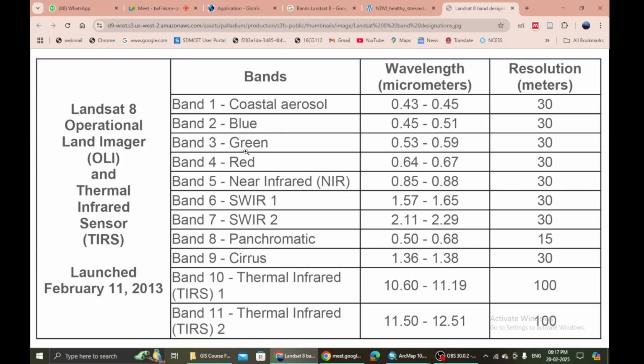Then we have green, which is indicative of chlorophyll. Higher the chlorophyll content, higher will be the reflection in green color, because of which we perceive green vegetation. Otherwise, vegetation cannot accept green, that is why it reflects it back, right? And then we have this red band, and then we have this near infrared band. We have three infrared bands, that is, one is near infrared, and two bands, that is band 6 and band 7, are in shortwave infrared. All of them are at different bandwidths.